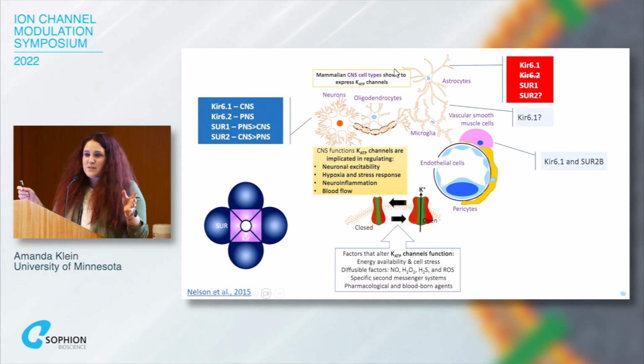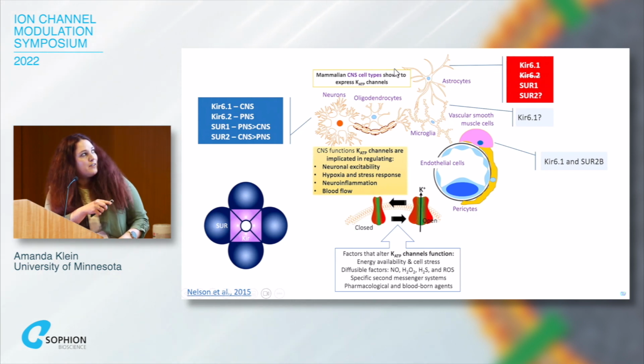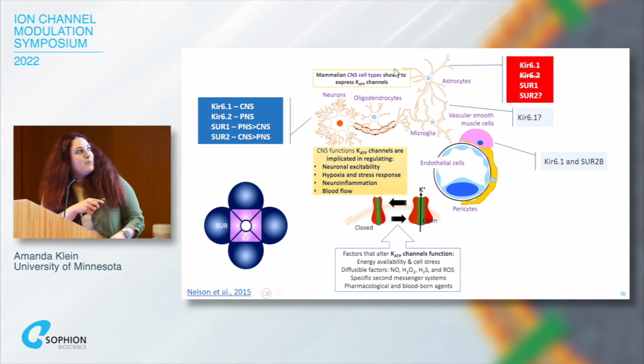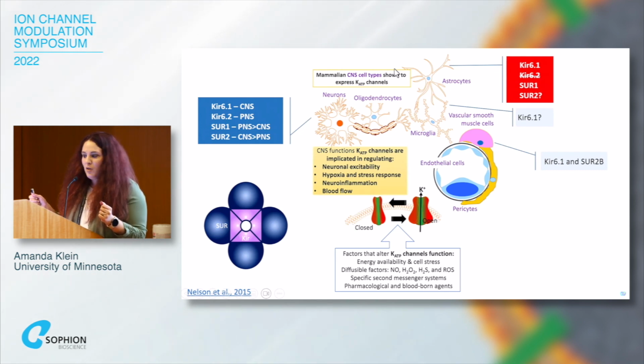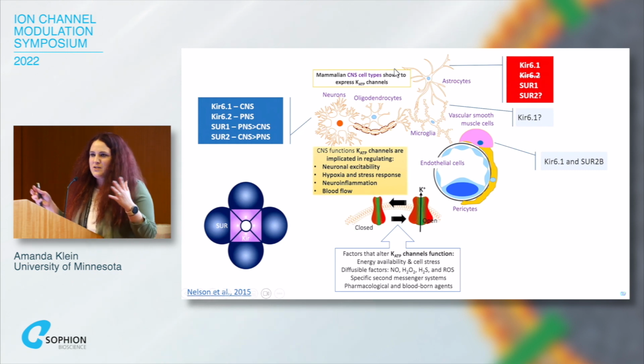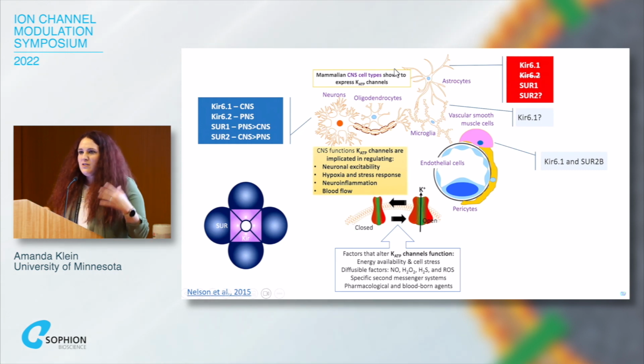But there are other cellular subtypes that exist within the nervous system, and glial cells are definitely there. Shout out to my glia people. Astrocytes are a very important cell type, particularly in pain and opioid signaling. In fact, there's really good data that suggests that Kir6.2 is not in astrocytes. This is going to be largely Kir6.1 and SUR2, or excuse me, SUR1 and maybe SUR2. It's kind of up in the air. So essentially what I want to reiterate is going to come back later in the talk.